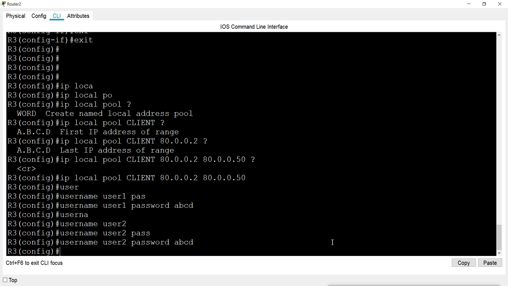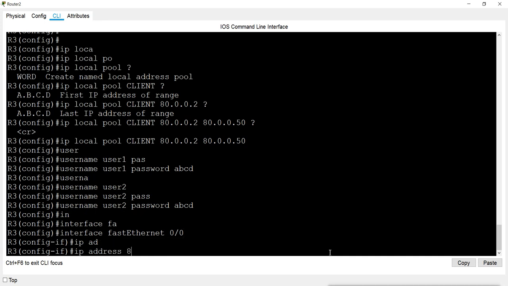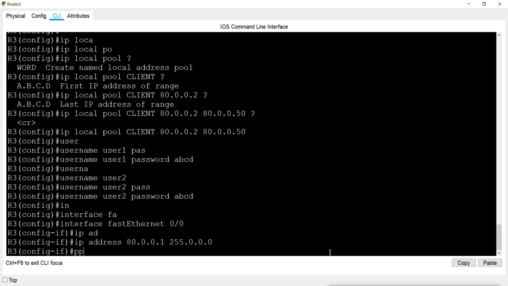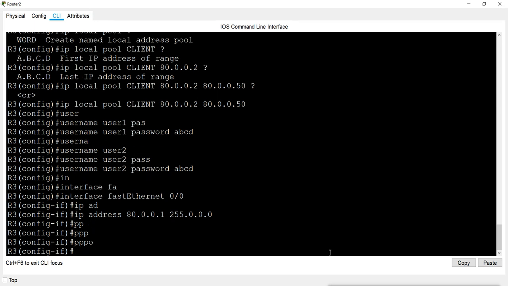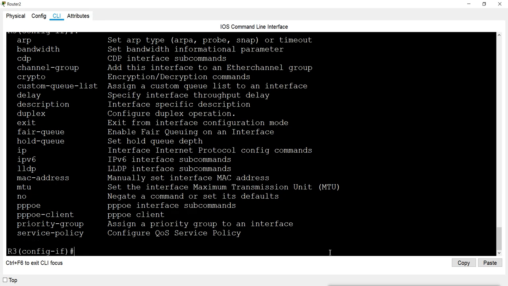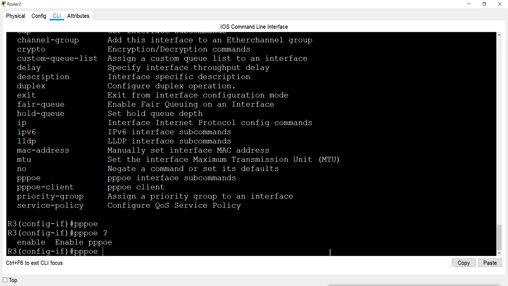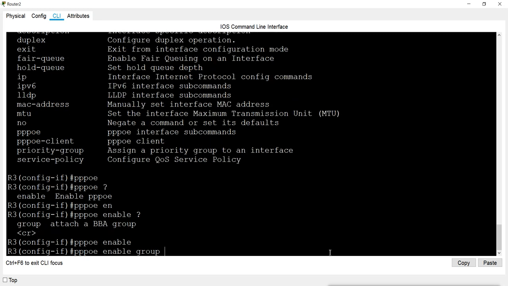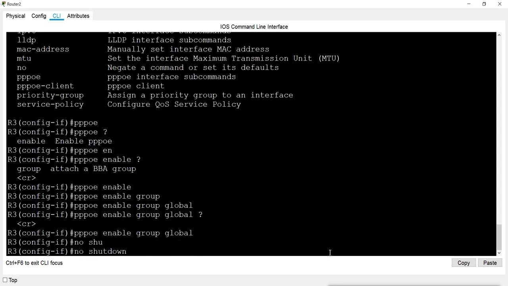Then we will configure the interface. Interface FastEthernet 0/0, IP address from the same range, then PPPoE enable on this interface, and then no shutdown.